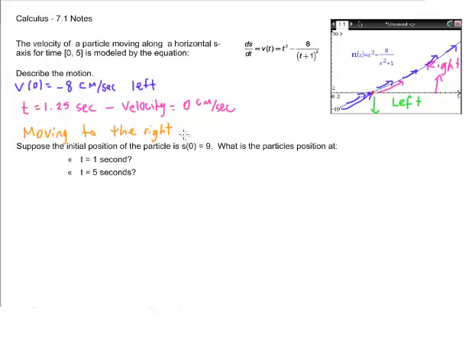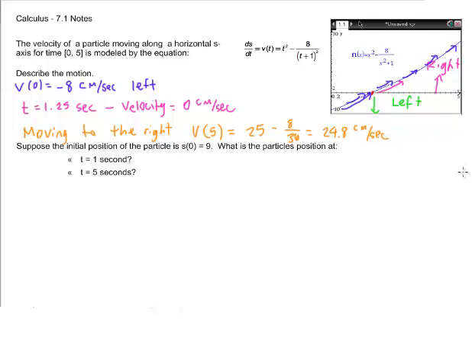Not only are we moving to the right, we can look at our end time, our velocity at 5 seconds. You just plug in 5 for the t. So I'm going to have 25, which is 5 squared, minus 8 over 36. When you punch this into your calculator, you get about 24.8 centimeters a second for velocity